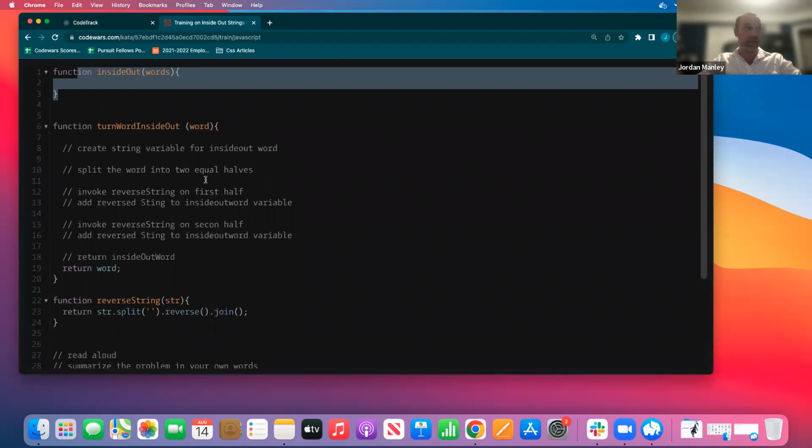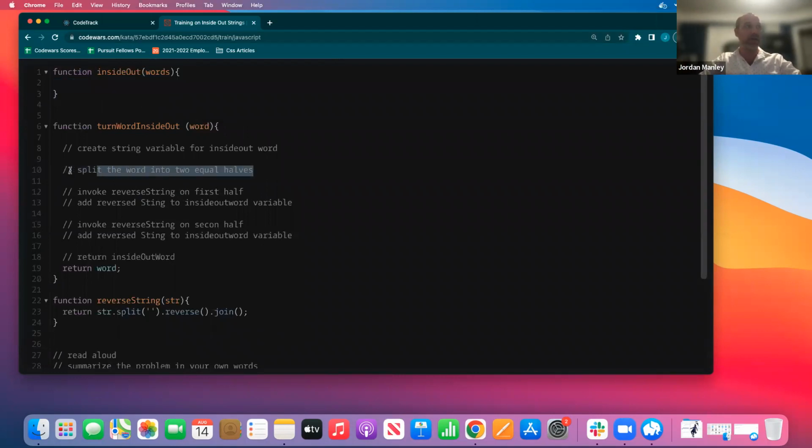And hopefully the interviewer says, oh yeah, it looks good to me. Or, what do you mean by split the word into 2 equal halves? How are you going to do that? That's a good question. Well, actually what I'm going to do now that you mention it, I'm going to create a first half variable, or a variable called first half. Create a